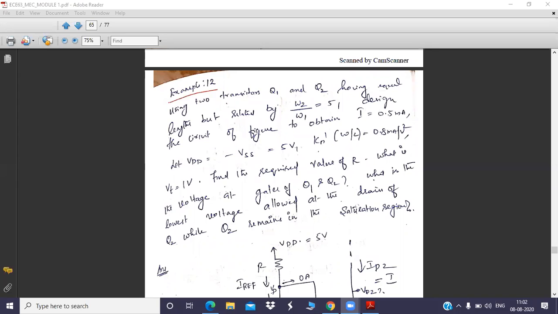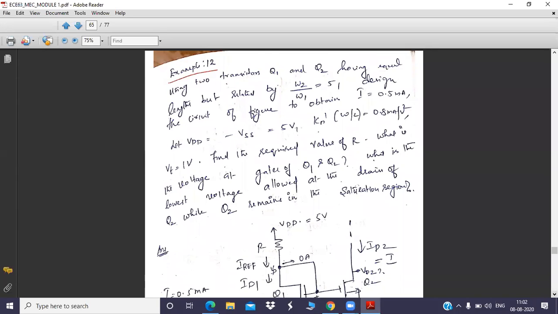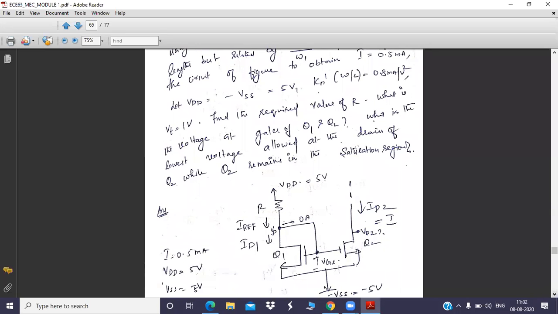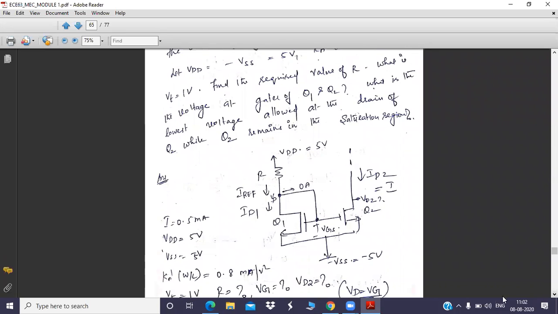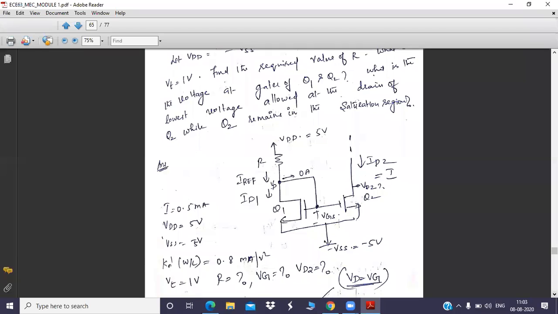So the figure is being given. The only thing is you need to design. What do you need to design? That is, you are going to find the unknown parameter. So Pavan, you observe the circuit diagram and find out the unknown parameter that you need to design. Observe the circuit diagram carefully and find out the unknown parameter that you need to find out.